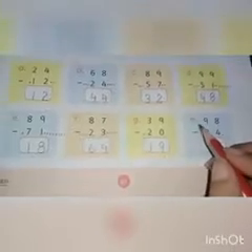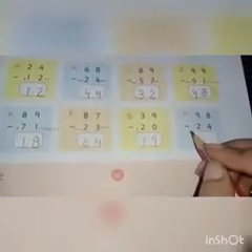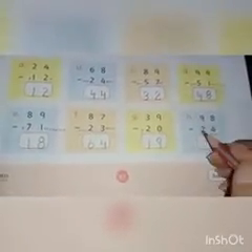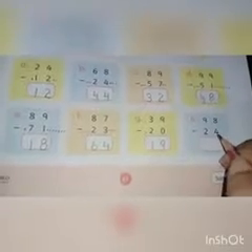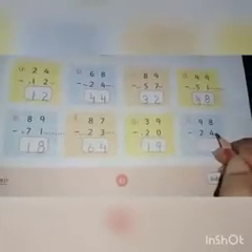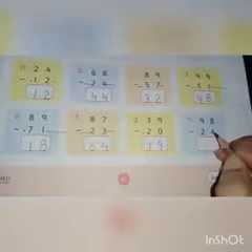Here we have point H. At point H here we have the sign of subtraction. We are going to subtract these two numbers. The first number is 98. In 98 here we have 9 tens and 8 ones. And the second number is 24. In 24 here we have 2 tens and 4 ones.